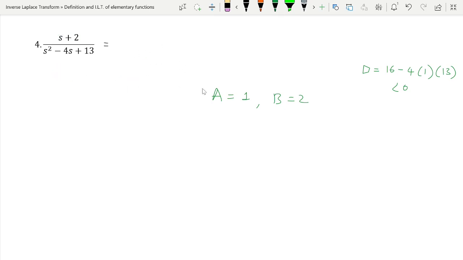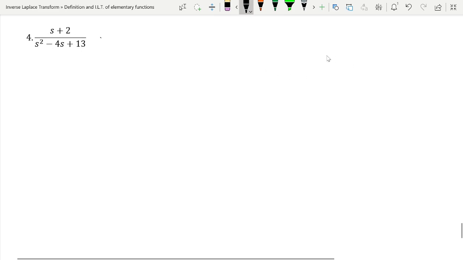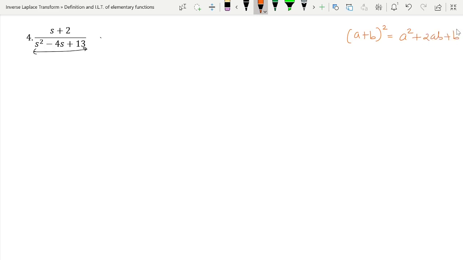So the thing is, what to do in such types of problems? So over here we have to learn a method of completing a square. Now you will say, what is completing a square? So let us study it then. So in order to complete a square in this denominator, we should understand a formula. And which is that formula? (a plus b) whole square is equal to a square plus twice ab plus b square.